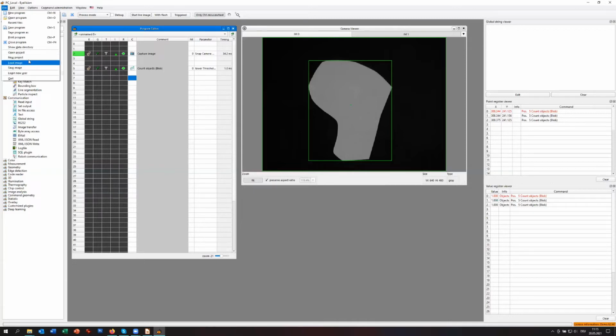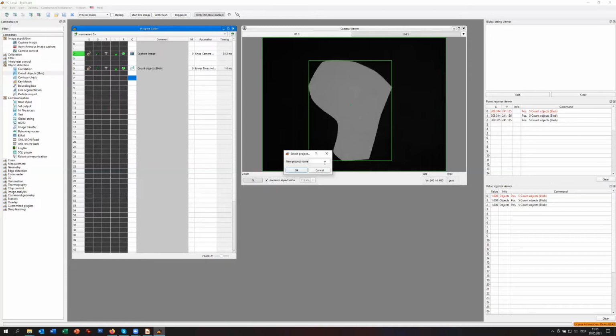So therefore, let's make our first project for today, and we name it Web Robot Vision 2D. So if you have a look now to the left top corner, immediately you will also see,